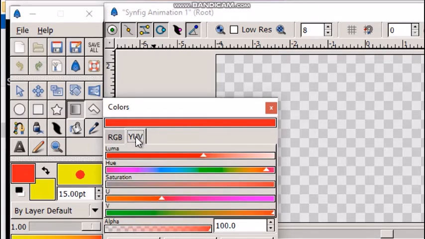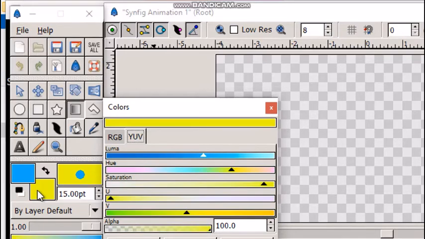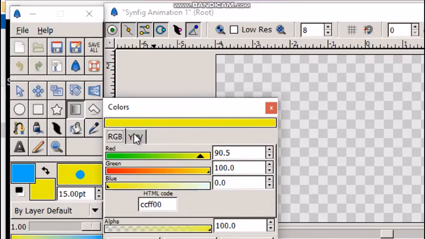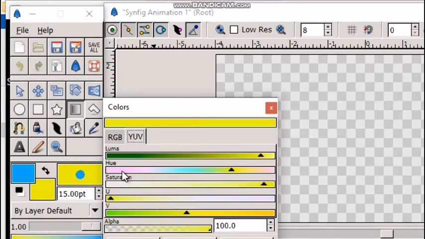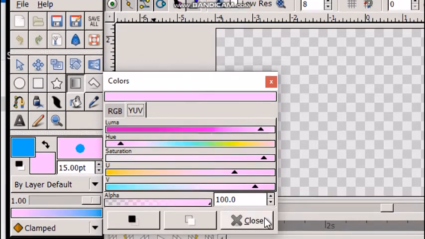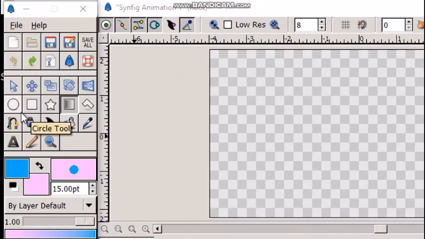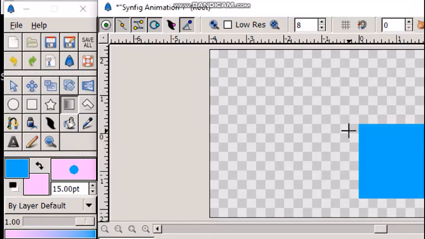Suppose I choose the foreground color as blue and the background color as light pink. Close. Click where you want the center of the circle to be and drag to set the radius of the transition.